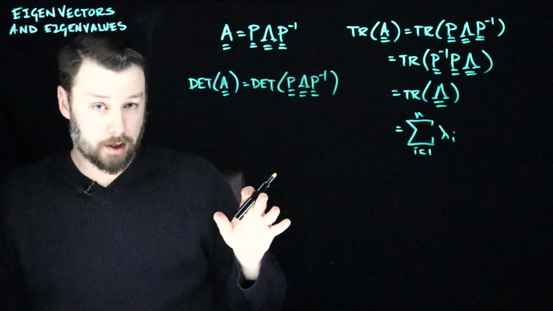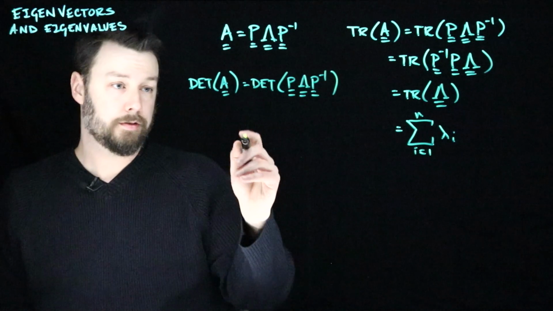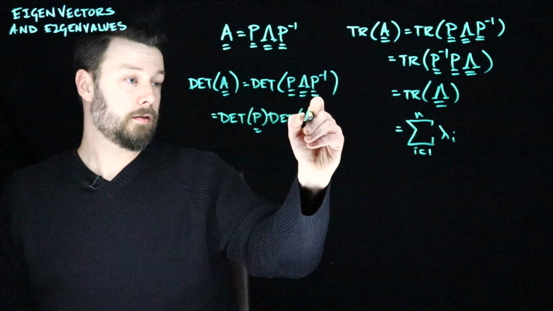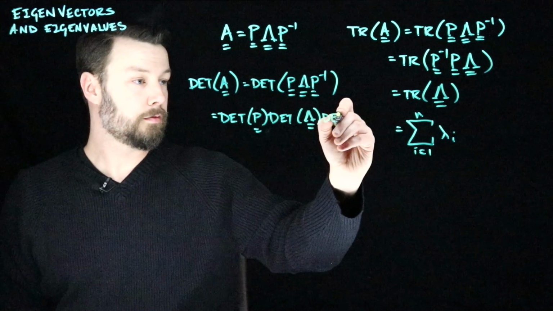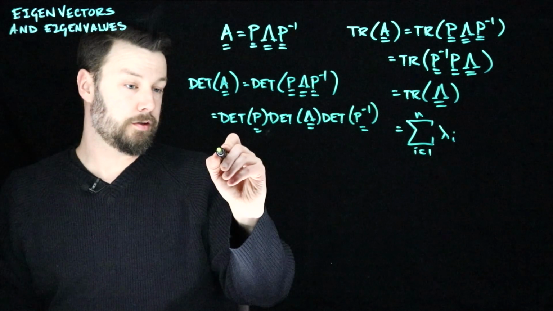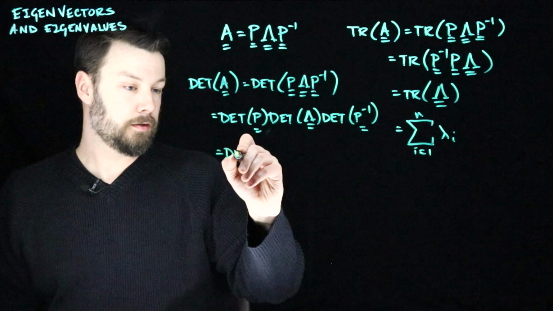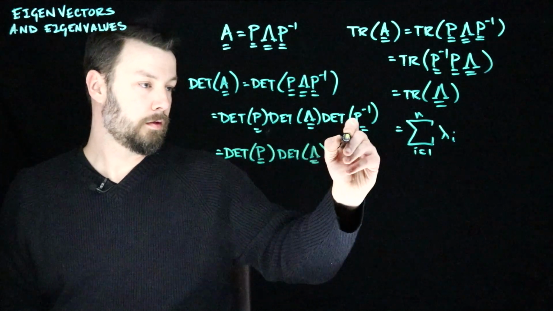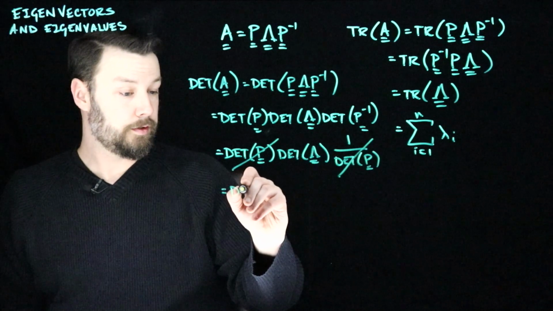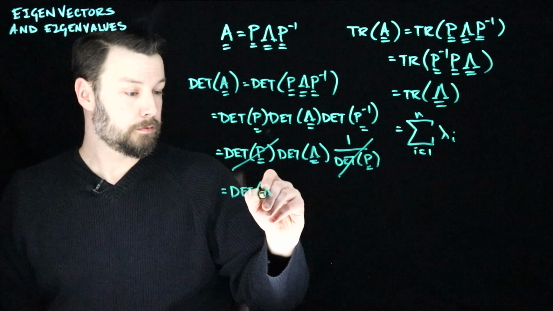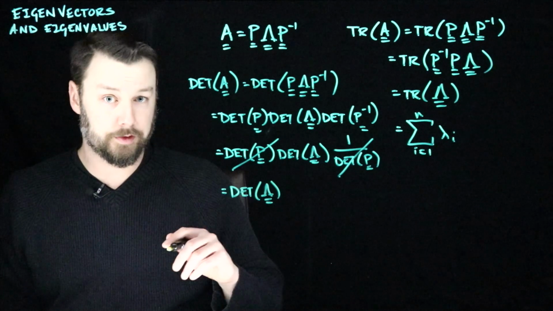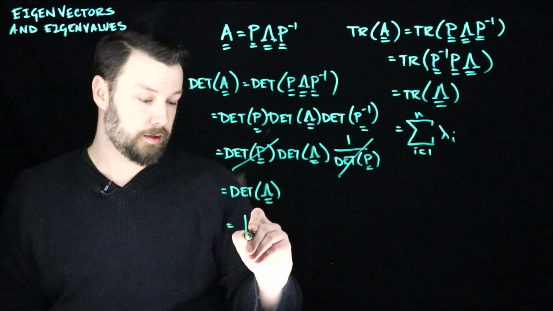Now, the determinant of a product is equal to the product of the determinants. And so we'll do that. We'll say det P, det lambda, det P inverse. And of course, this is 1 over the determinant of P. So just writing that out explicitly, we get det P, and of course, these cancel. And so then this is going to be the determinant of lambda. And the determinant of a diagonal matrix is the product of the elements along the diagonal. So this is the product